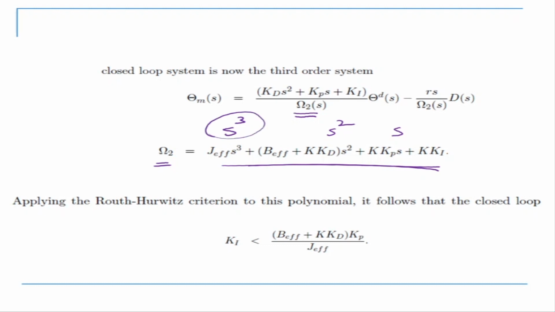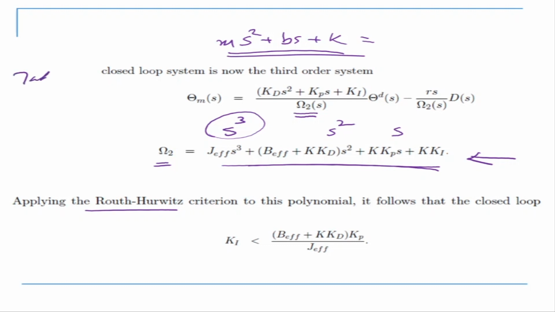But because it is third order, we cannot simply say. In the earlier case, in m s squared plus b s plus k, we could say that this is always stable. In this case we don't know about the roots. So how do we find whether it's stable or not stable? We have to look at the Routh-Hurwitz criteria. I discussed Routh criteria in the last class. Please look at the Routh criteria. How do we find it? We first have to make the Routh table.